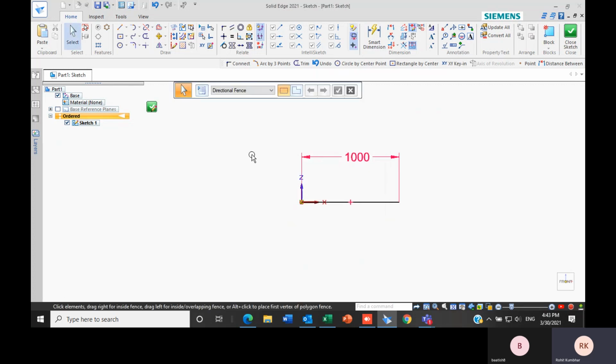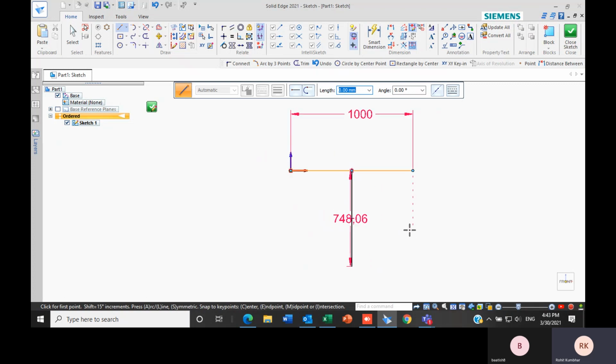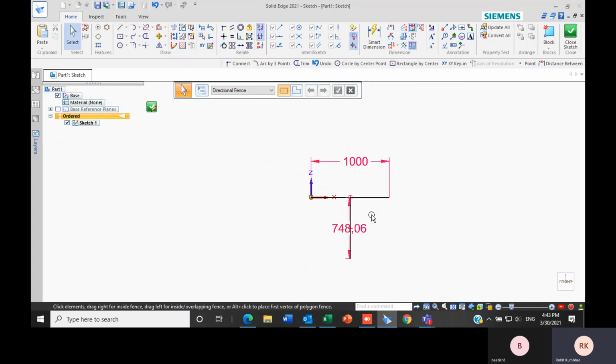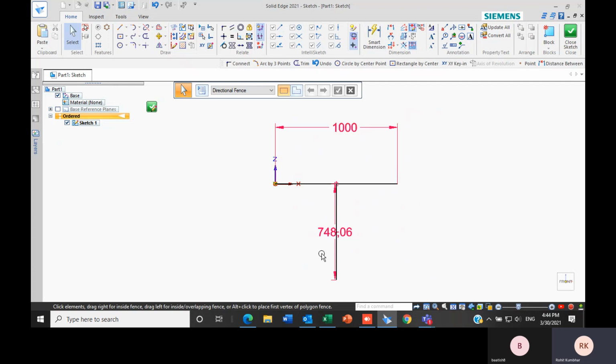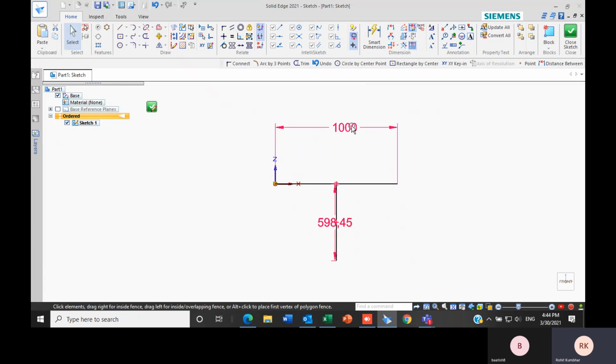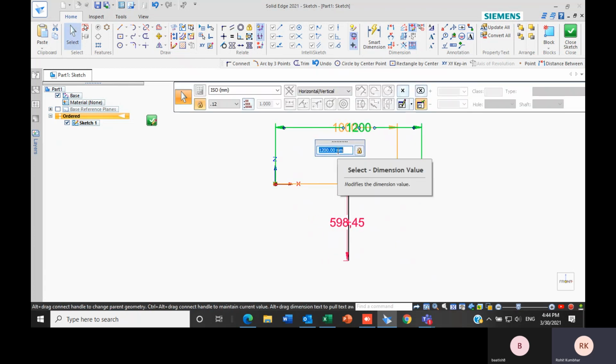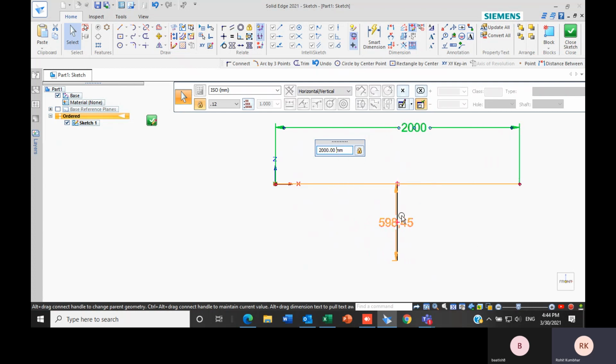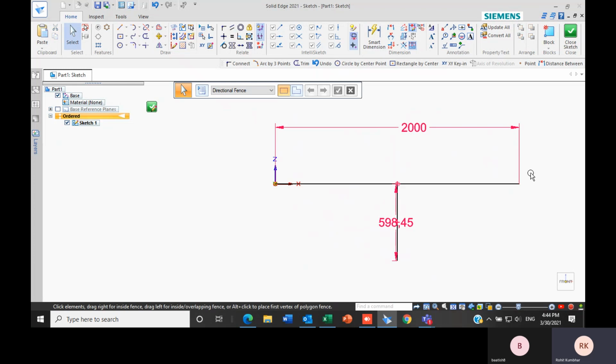Select this one, click on OK, and if I try to create a random line, it will show the dimensions according to it. And you can see the color for them. It is showing red color. If I try to change it, it is changing according to it. But one point of that line is fixed. Only the second point of that line is changing. I'll show you here. So this one point of that line is fixed, and the second point is moving according to that one point.